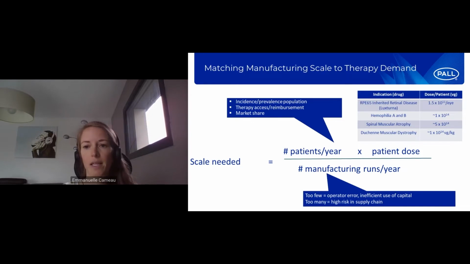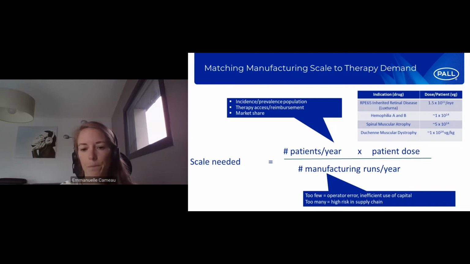This will be influenced by the incidence or prevalence population, the therapy access reimbursement of the country or the region, and the market share. This is factored by the patient dose. This is very, very variable depending on the therapies that are targeted. As you can see on the table on the top right, it can very easily range from 10 to the 11 until 10 to the 14